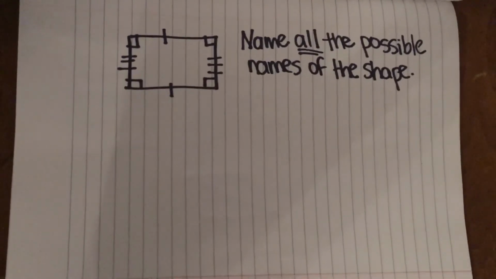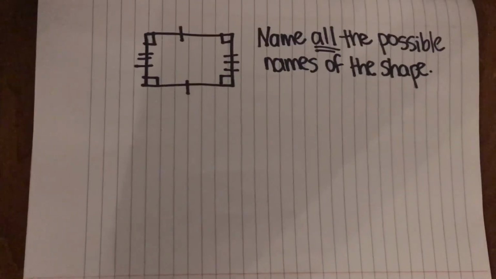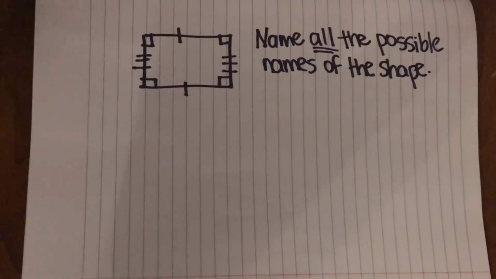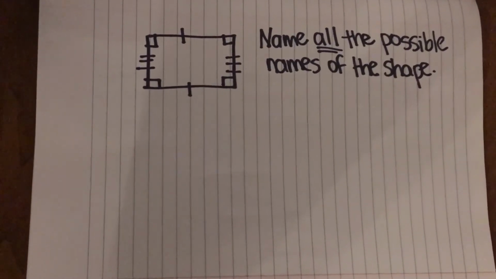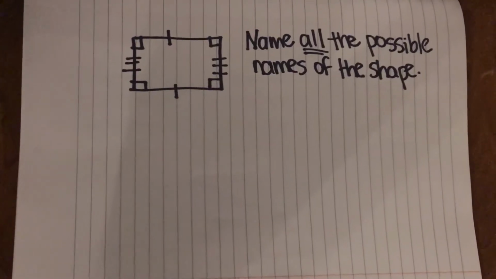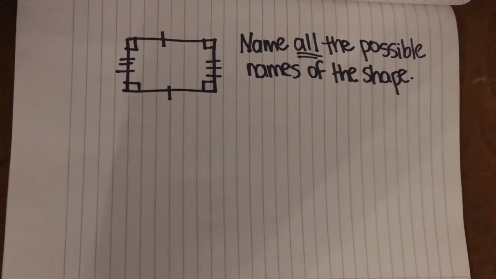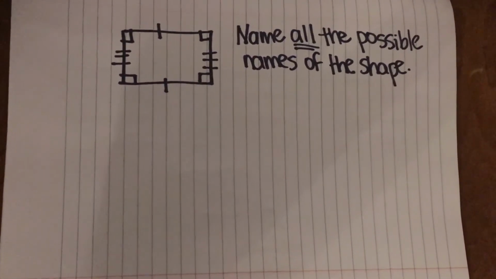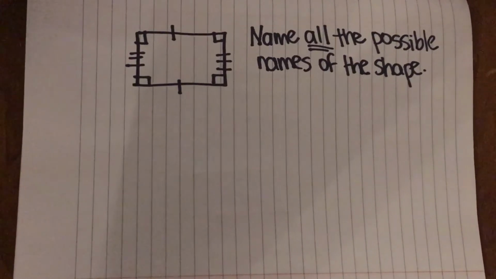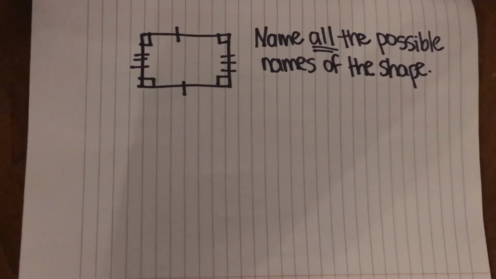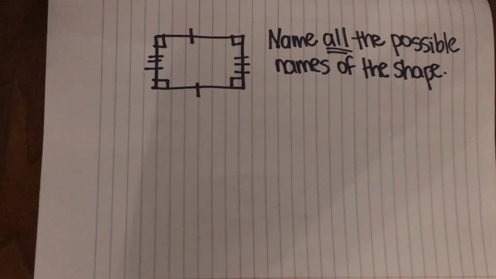So looking at this shape and using notes, either from, I have a picture sent on Dojo of my tree map, and I'm also sending home a page in the math book. And students also have their notes in their journals. So please, please, please direct your students to use the notes in the journal and to go through every quadrilateral to make sure they've hit every single one and they looked for the true definition. We're not talking about kindergarten rectangles here. We're talking about